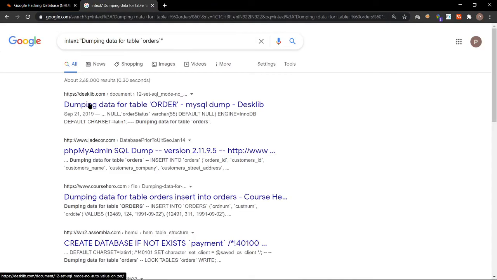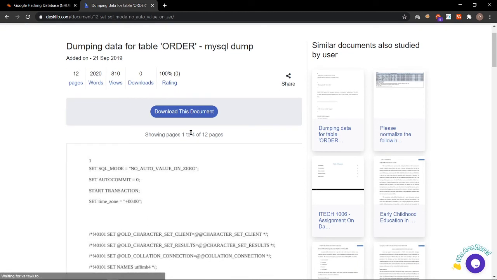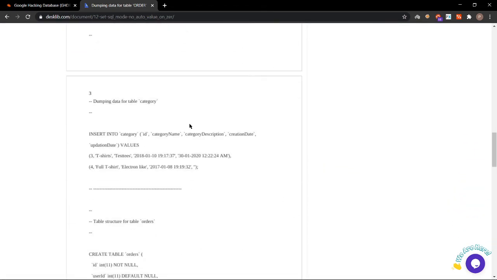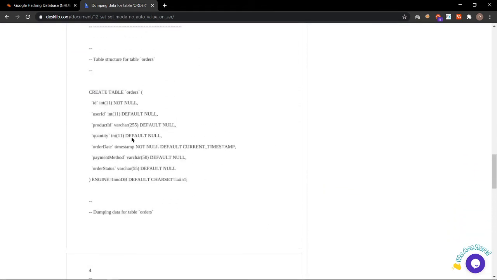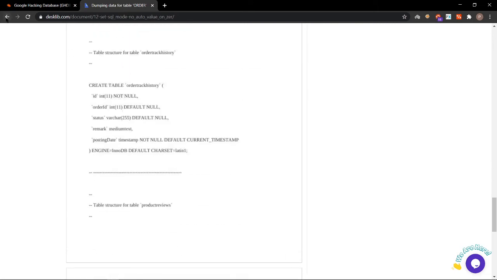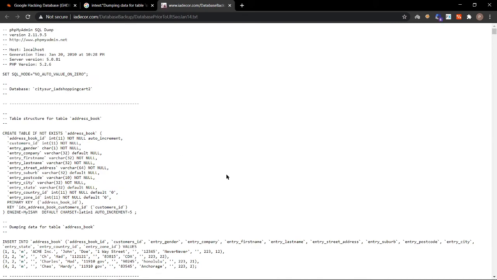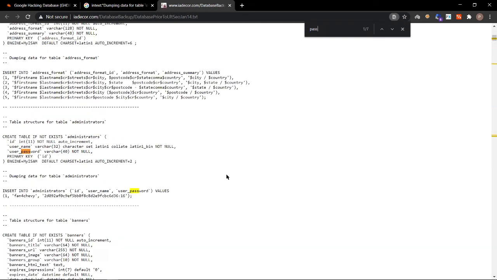See, I'm getting results out of a MySQL dump. Okay, download the document. See, someone has purchased something and you can download those details. All of this is payment data from a shopping site. phpMyAdmin, okay. Ctrl+F password.